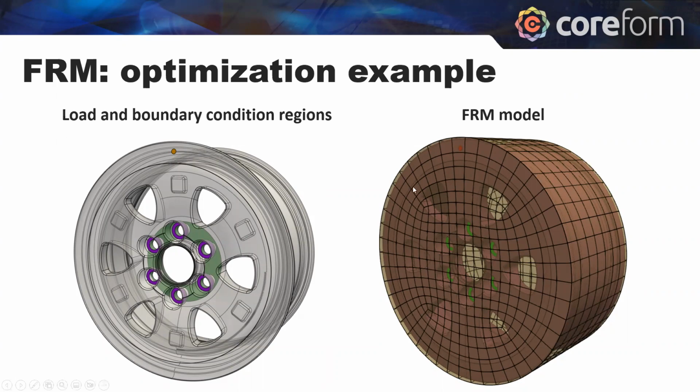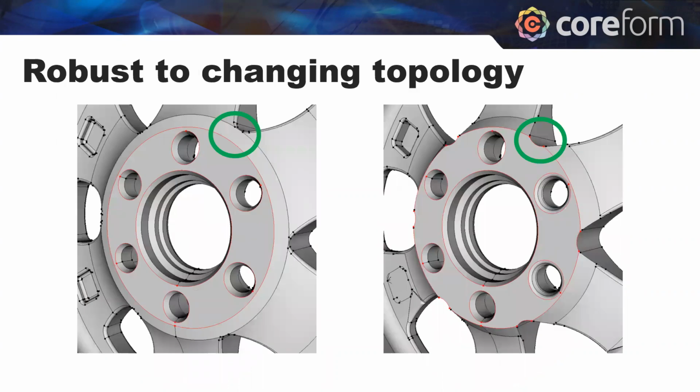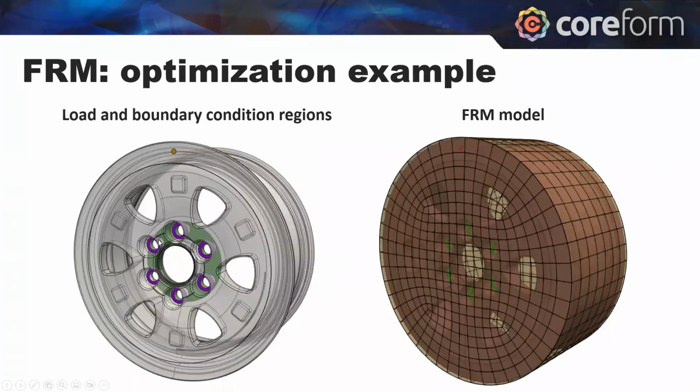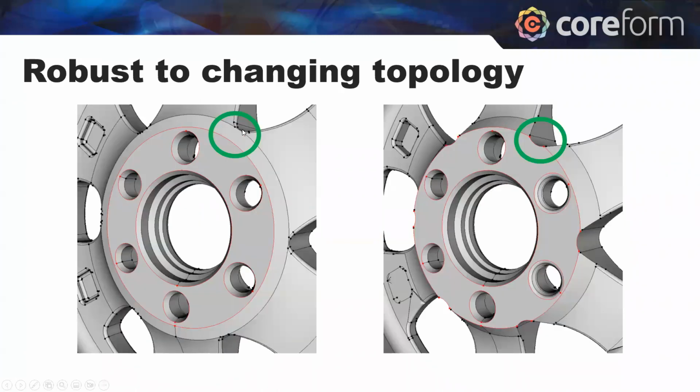So again, with our FRM model, we can immerse it in a locally immersed model that captures the general cylindrical shape of our wheel. But then all the sub features are just immersed. And that will allow us to change the size, which may end up changing some of the CAD topology, which we can see here actually. So this is now on the back side. We're looking at the green surface on the back side. As I change, in this case, the width of these spokes, this region here suddenly eats into that surface and